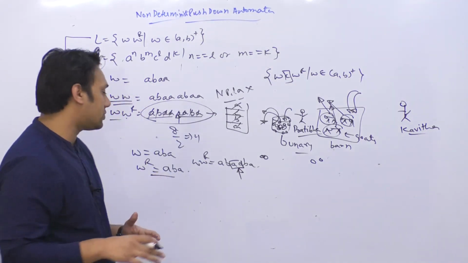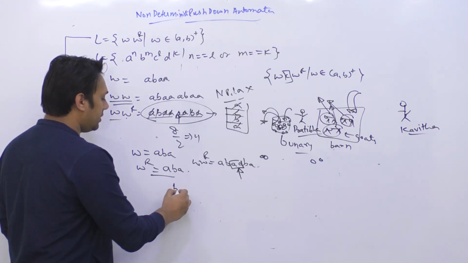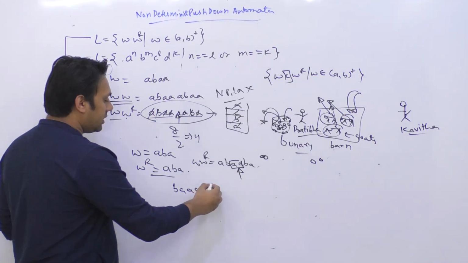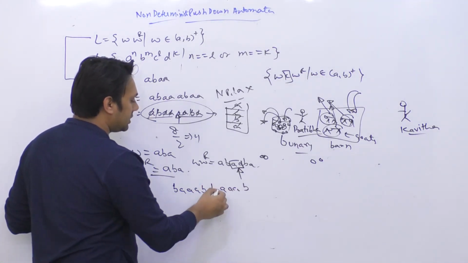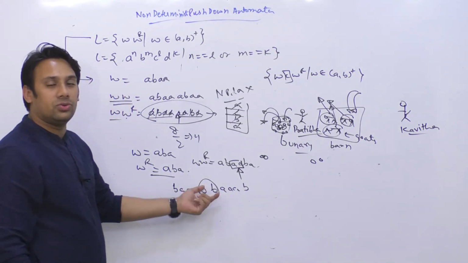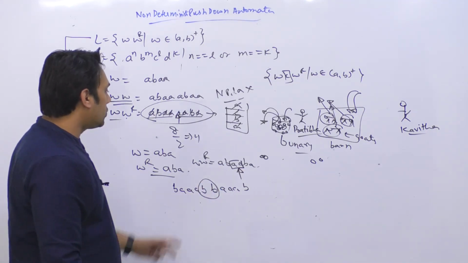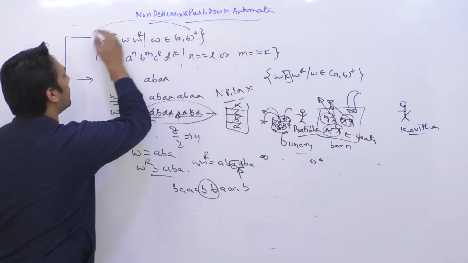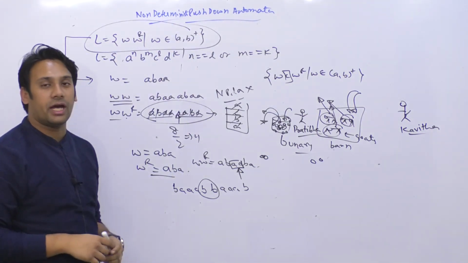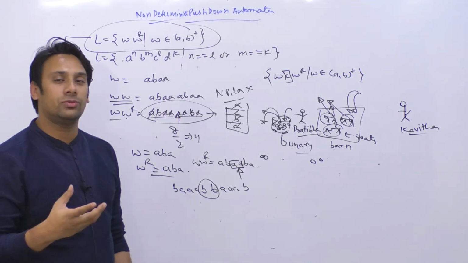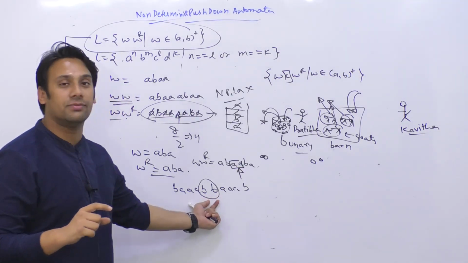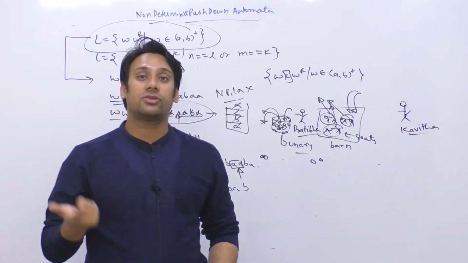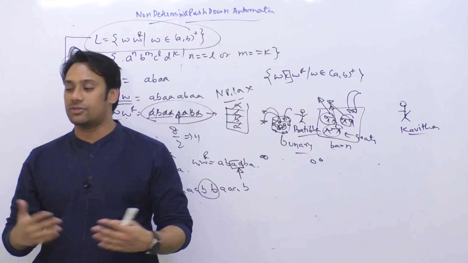So even if you take any string whatsoever, even if you take the string baab, correct? Whenever you take a reverse of it, again you can find in the middle point these two alphabets are actually repeating. So what she does is, she'll say that given a string in this format, I do not know what the middle point is, but I will assume whenever I get two symbols which are repeating themselves, maybe the middle point has arrived. And maybe it has not, right?